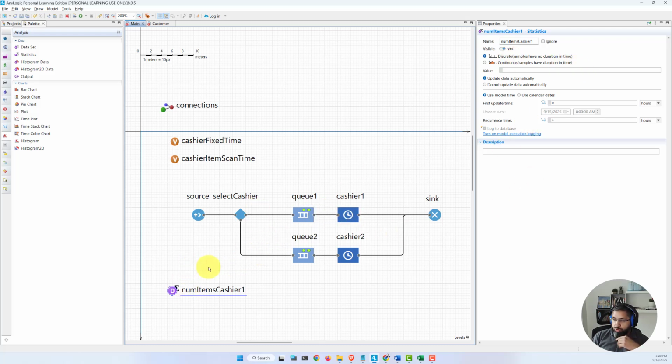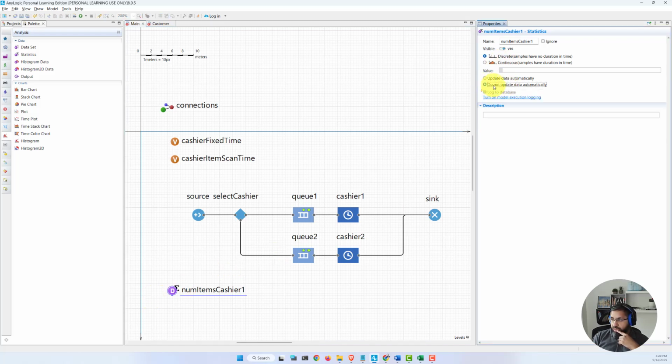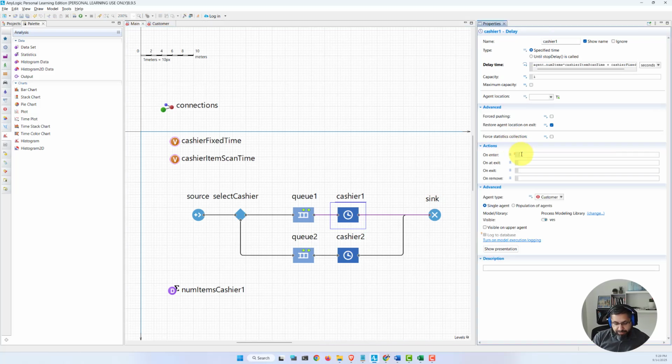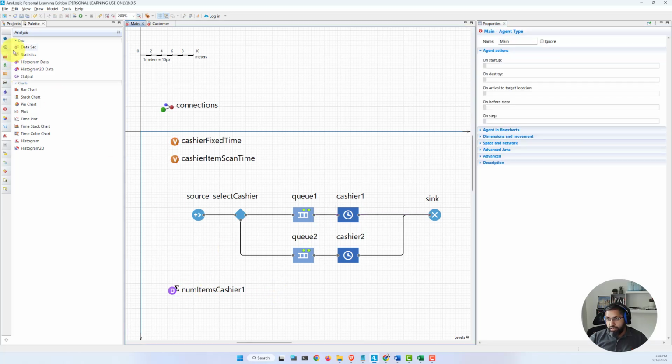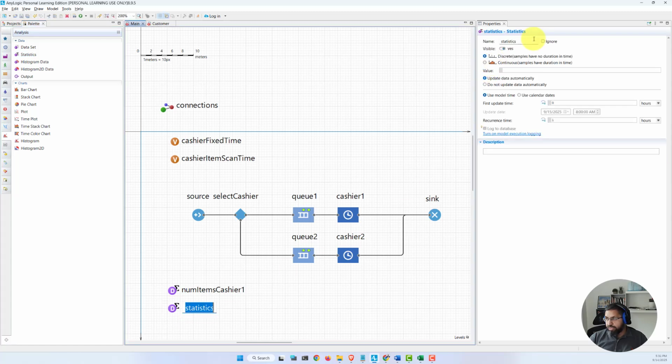But here, I only want to add a value when a customer goes to a cashier. Okay, so we'll say do not update data automatically, and it's just discrete data, it's not continuous samples. And then at cashier 1 on enter, we can say numItemsCashier1.add, and then agent.numItems. So we want to save the number of items for that customer into the statistics block to keep track of it. And then we can do another one for the second cashier,